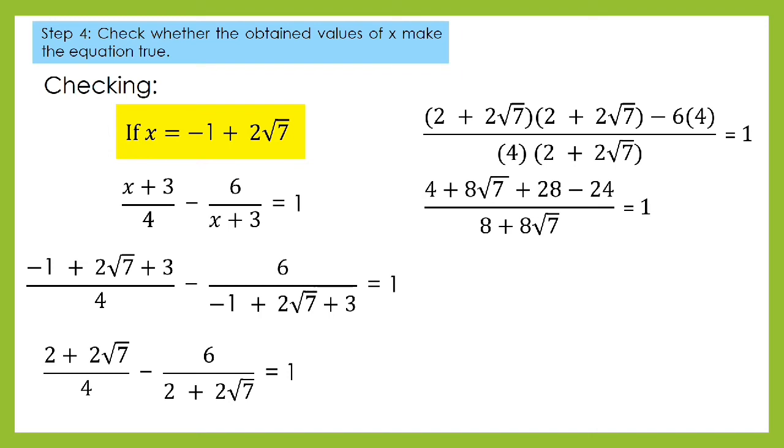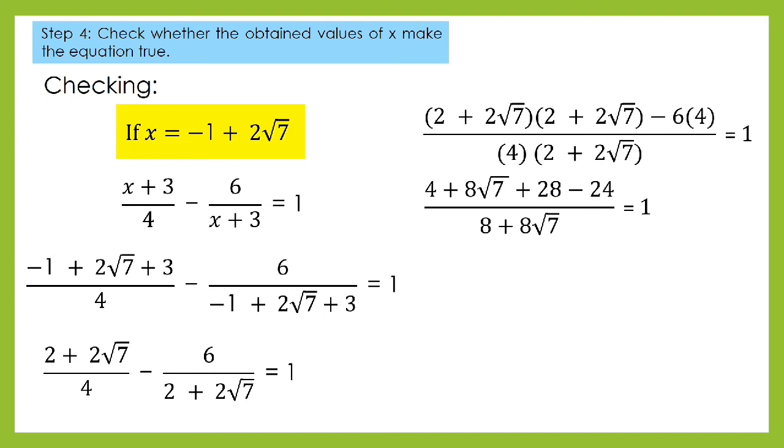And then after that, we will apply the square of binomial. As you can see, we have 2 plus 2 square root of 7 and 2 plus 2 square root of 7. Parehas lang sila ng first and second terms. So, i-apply natin ang square of binomial. Sa square of binomial, i-square natin ang first term. So, square ng 2 ay 4. And then, square ng last term. Ang last term natin ay 2 square root of 7. Ang square niya ay